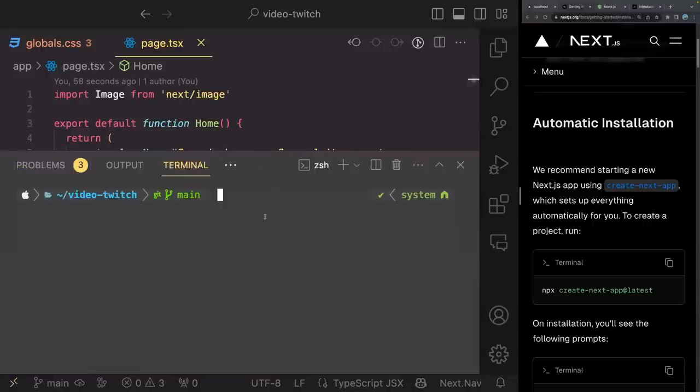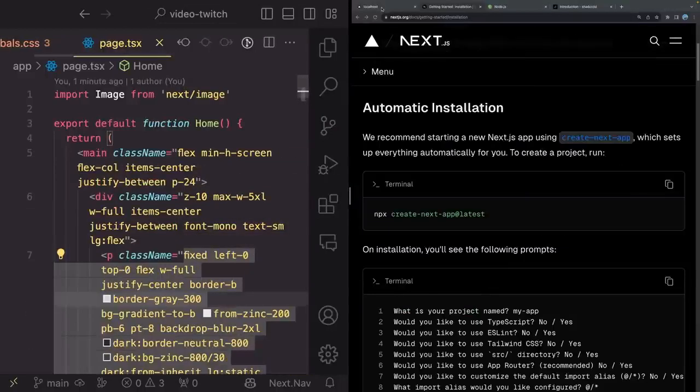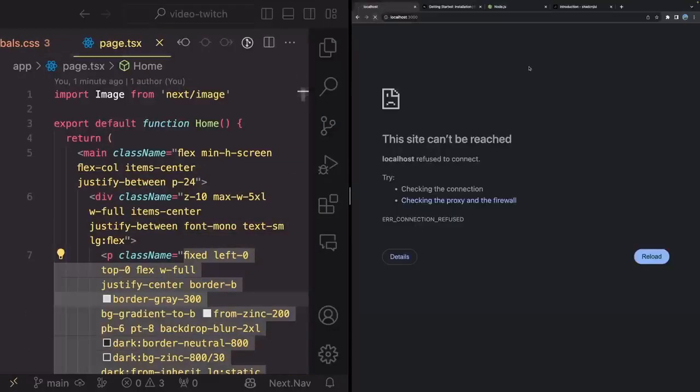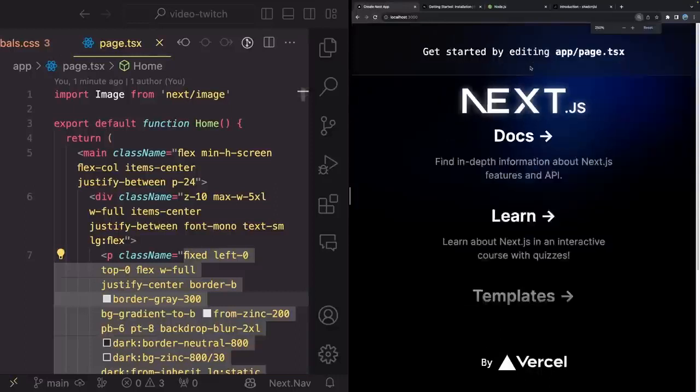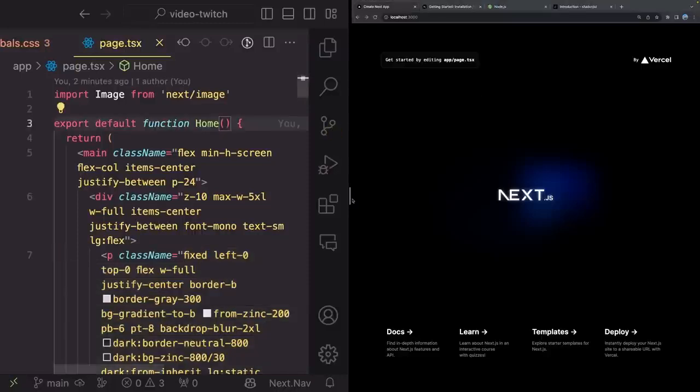So let's go inside of our terminal here and do npm run dev. After you've run this application, go ahead inside of your localhost 3000 and you should be seeing a screen similar to this. It might be in light mode for you. For me, it's dark mode because I use that as the default mode on my laptop. For you, it might be light. It doesn't matter. Great. What I want to do now is I want to see how I can modify this